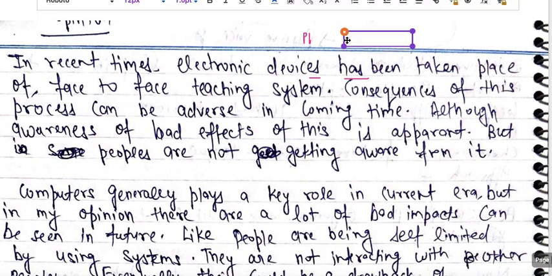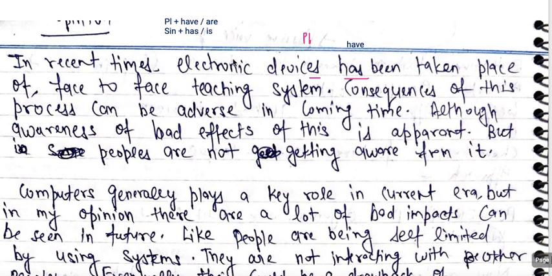Device, devices. Devices is plural, so have will come. When you have a plural subject you will use have or are, right? When you have a singular subject you will use has or is, right? So, not "devices have been", but "electronic devices have been taken place"